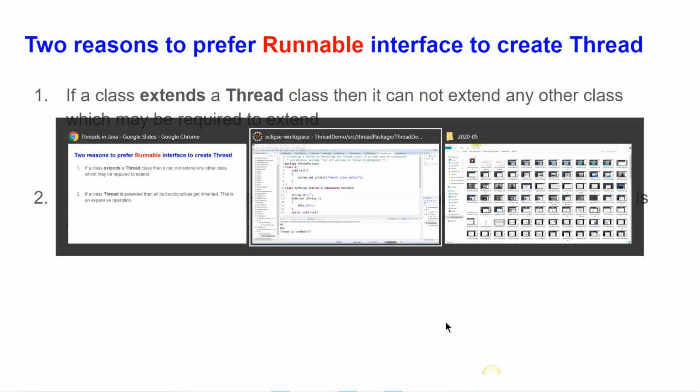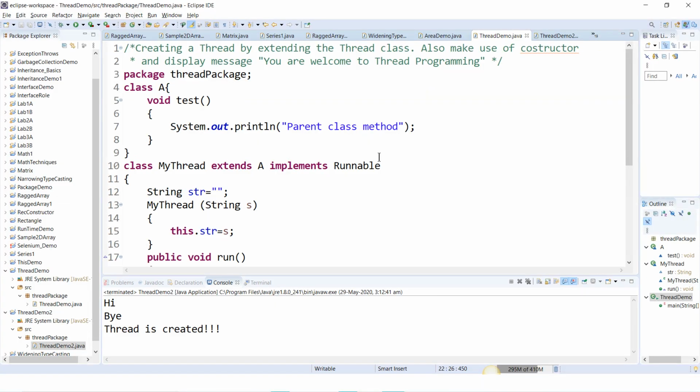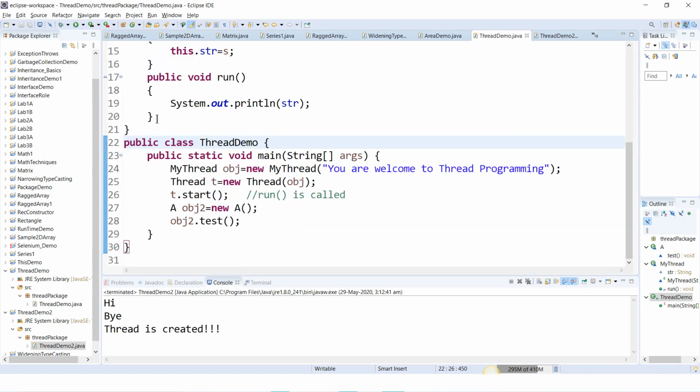Let me take this example. This is what we already discussed. Execution starts from the main method, ThreadDemo, and here we are creating the object of the Thread class and passing this object as a parameter in order to access the start method.